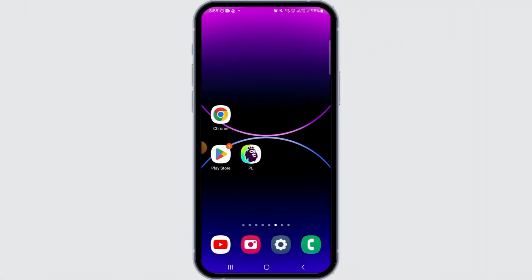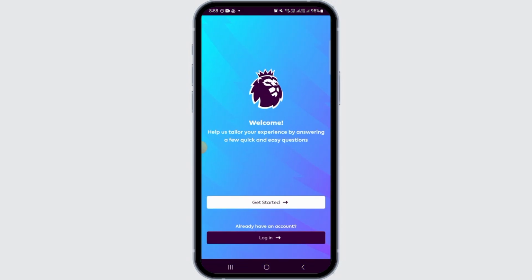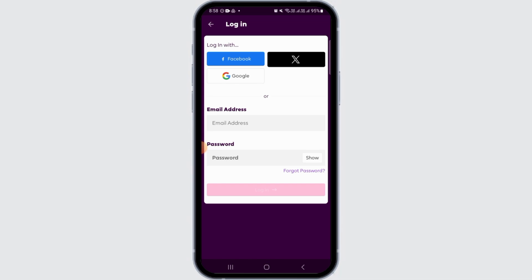Let's begin. In this video, I will guide you on how you can fix Fantasy Premier League login problem. Now, there might be a couple of reasons why you're facing this issue. The first thing you want to do is make sure that you have entered the correct email address and password. In case you have forgotten your password, you can simply tap on the Forgot Password option in order to reset it. Now, if you have entered all the correct credentials and you're still not able to log in, next thing